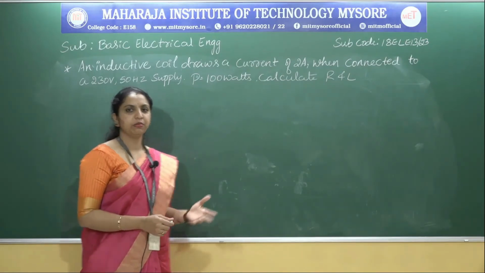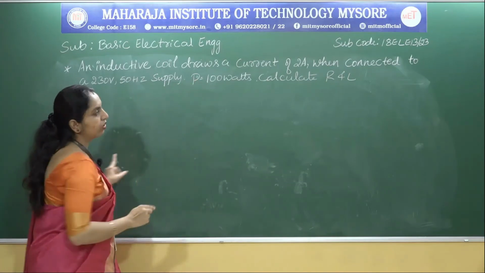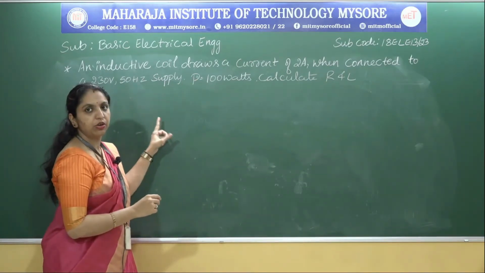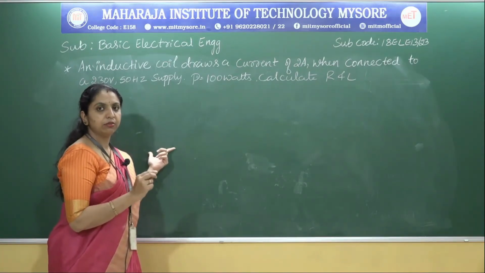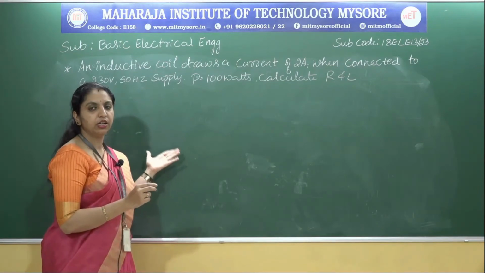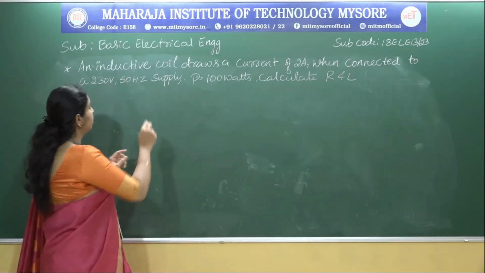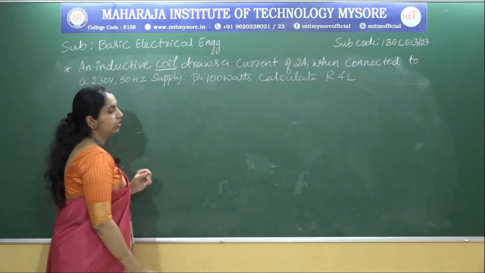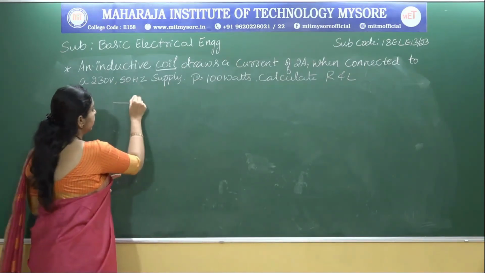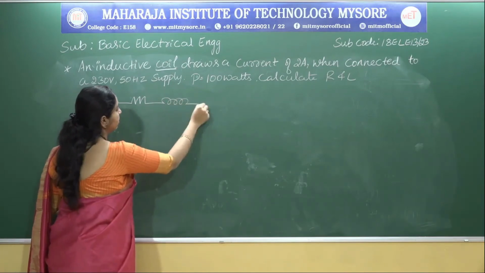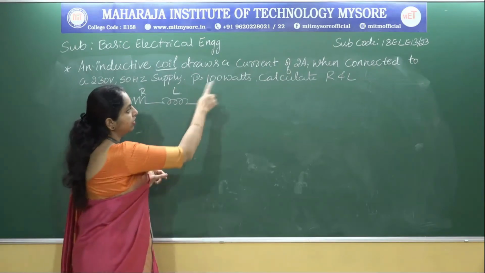Now in the next problem, you can just read this problem. An inductive coil draws a current of... so we have a circuit which consists of an inductive coil. Remember, a coil is nothing but the combination of resistance and inductance. A coil does not consist of only inductance, it consists of two elements, one is resistance and another one is inductance. The combination of R and L, we call it a coil, and which draws a current